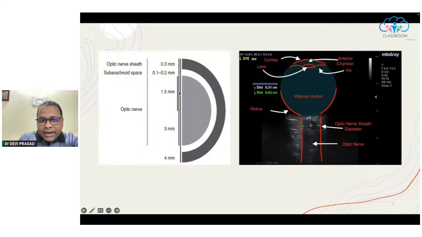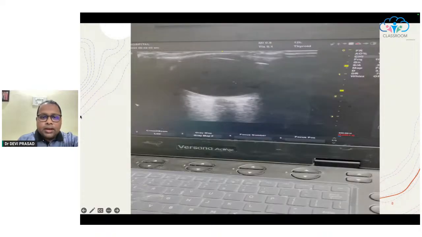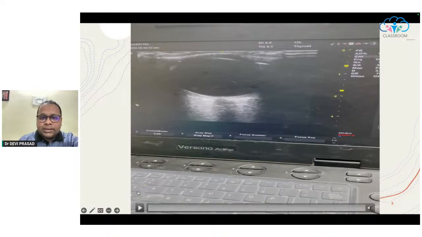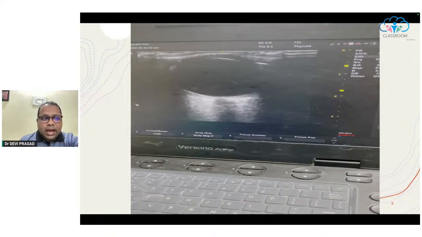This is another schematic which shows the optic nerve, the subarachnoid space, and the optic nerve sheath. Now, what we are going to do is we'll be seeing a small video. For optic nerve sheath diameter measurement, the examiner usually stands at the head end of the patient, and